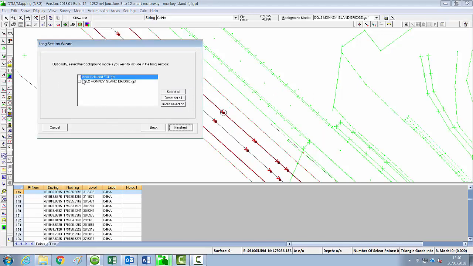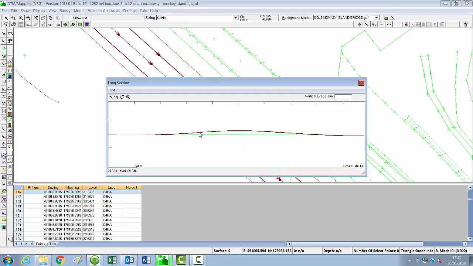Next, it's asking me now for the background models that are loaded, which ones I want to show on the long section. I'm going to show both. Now that's a preview of the long section. I'll go to Print